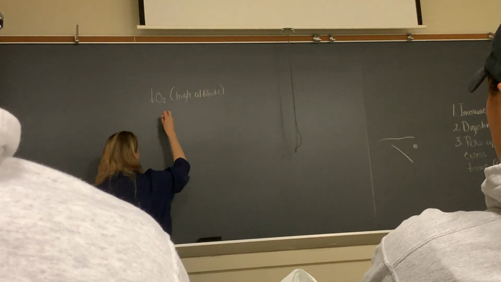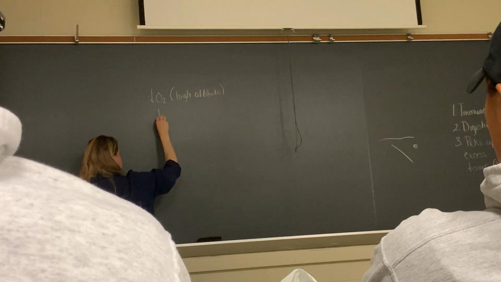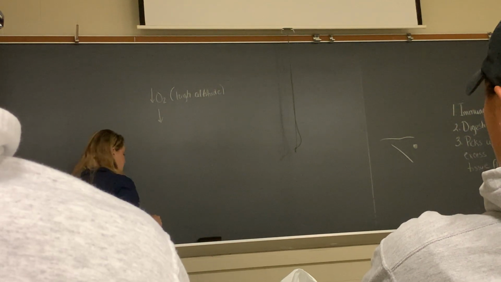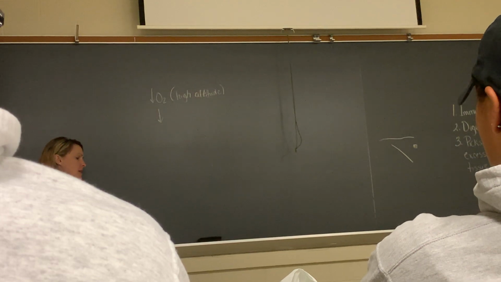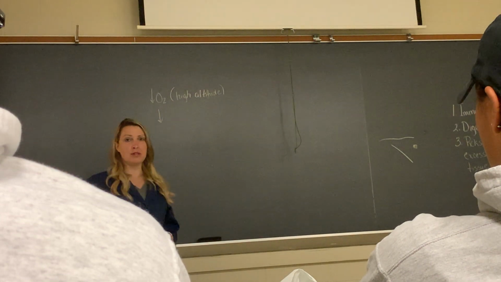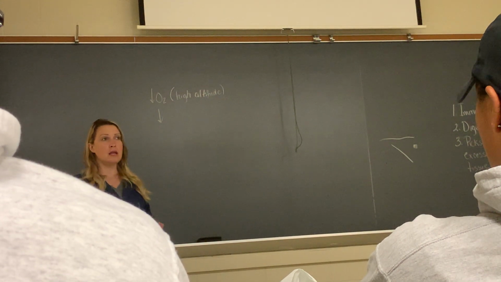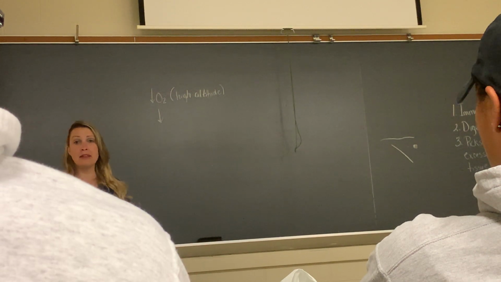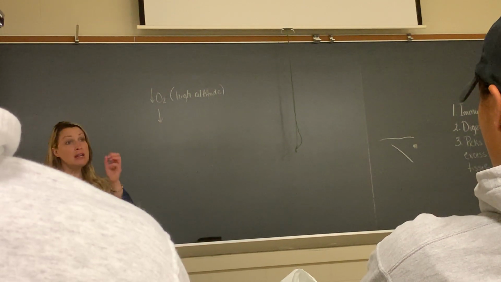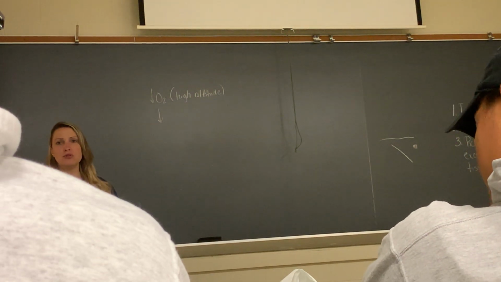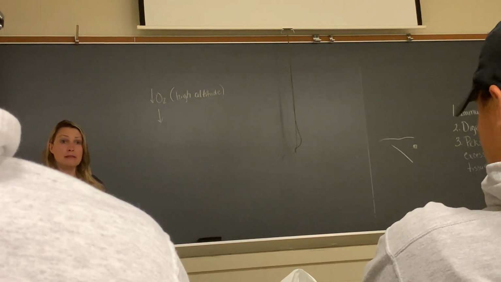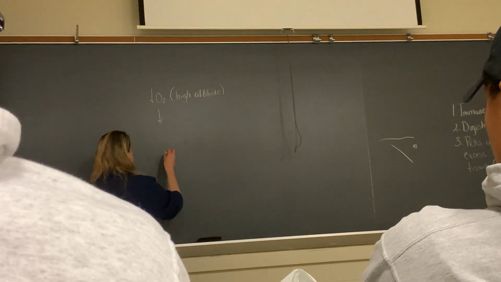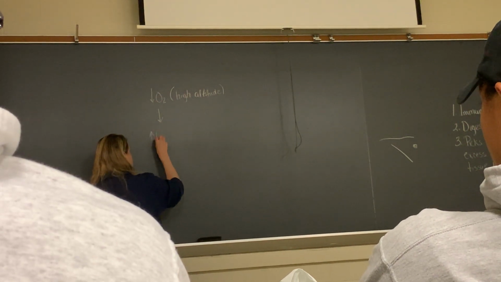So we're hypoxic, we have low oxygen. We have something called hypoxia-inducing factor. It is normally degraded by the kidneys. However, when there's not enough oxygen available, HIF, or hypoxia-inducing factor, levels rise. So we have an increase in HIF,